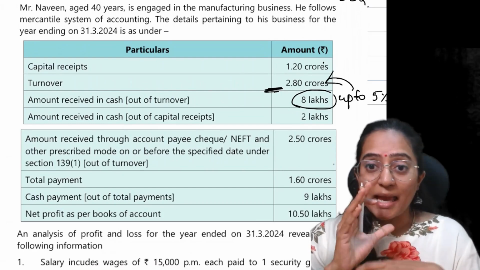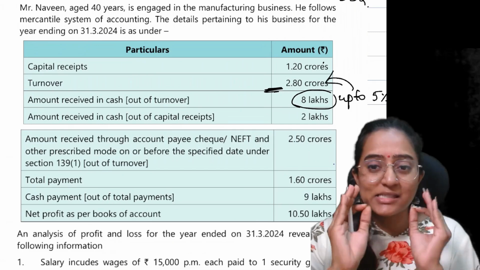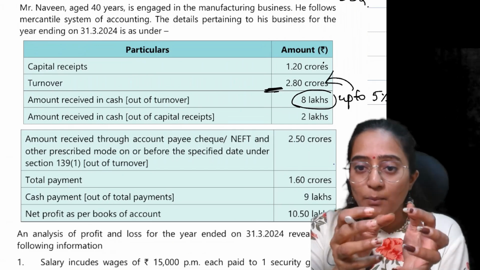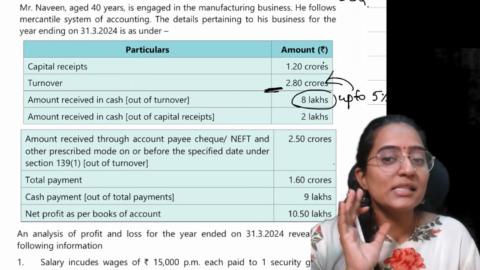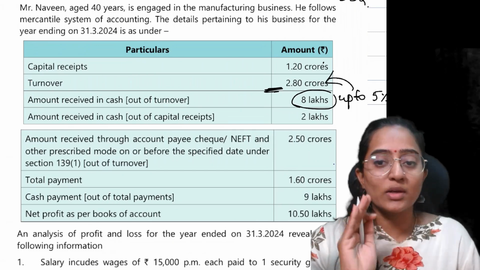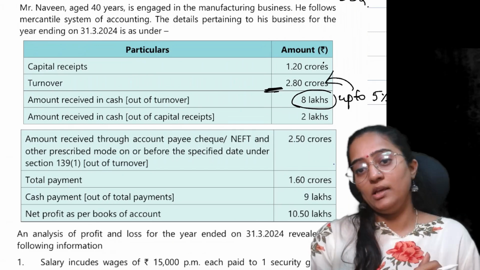People, it's cash receipts, it's not payment, it's just the receipts they are speaking of. The aggregate of the money which you're receiving in the PY, if it does not exceed 5% of your total turnover, then what is the point?